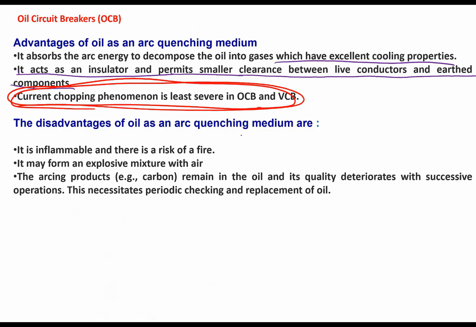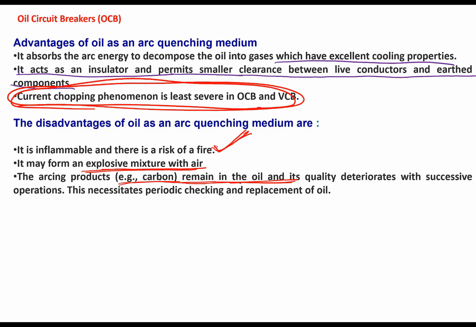Okay. So disadvantages of oil as an arc quenching medium are, at very high temperatures, this transformer oil can catch fire. So there is a chance of a fire hazard. So this oil, since it is flammable, that means when mixed with a good quantity of air, it forms an explosive mixture. Next, whenever the arcing happens, some carbon particles are formed inside the oil. Okay, whenever some arcing or flashing happens, you can see that between the contacts also some blackish tan is formed, that is carbon layers are formed.